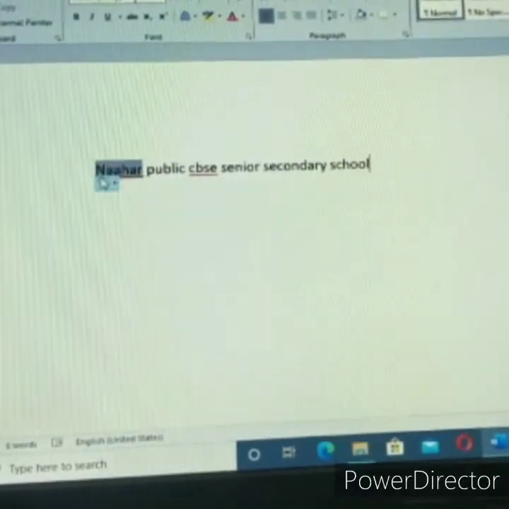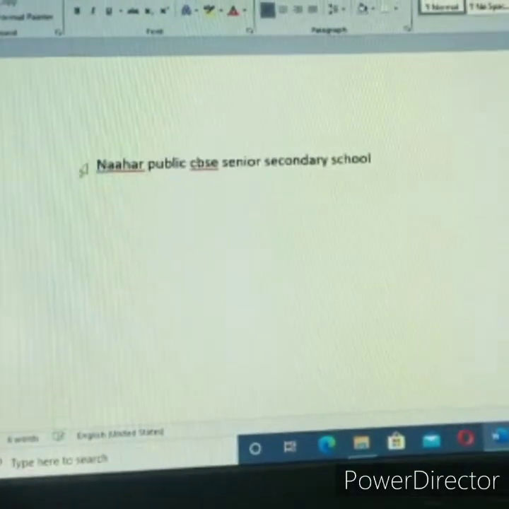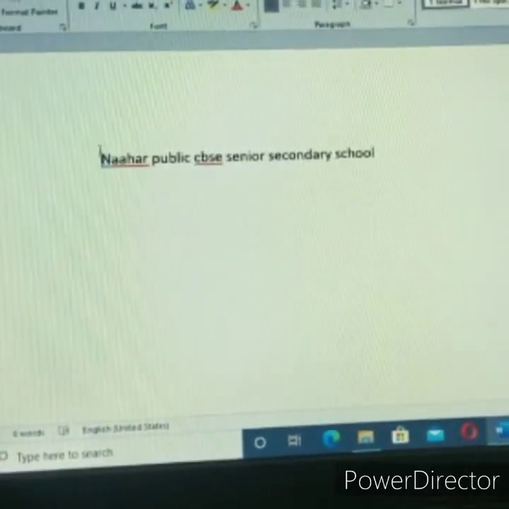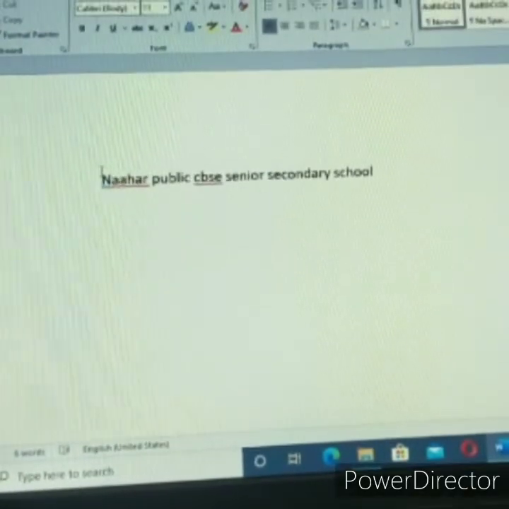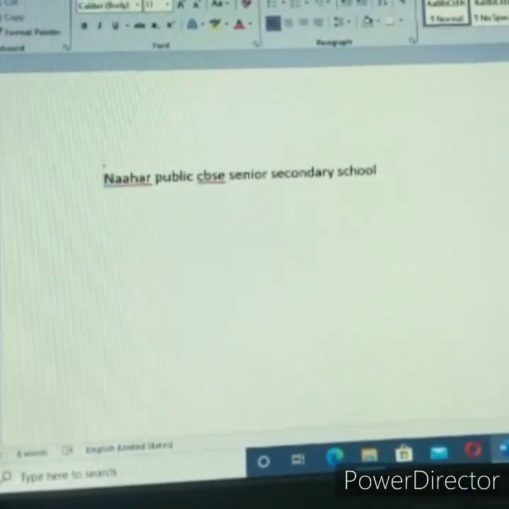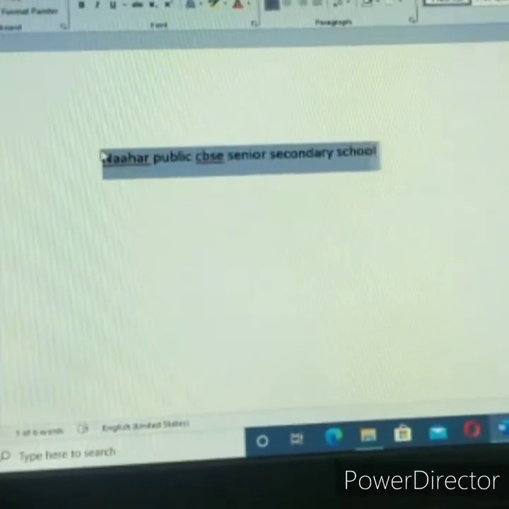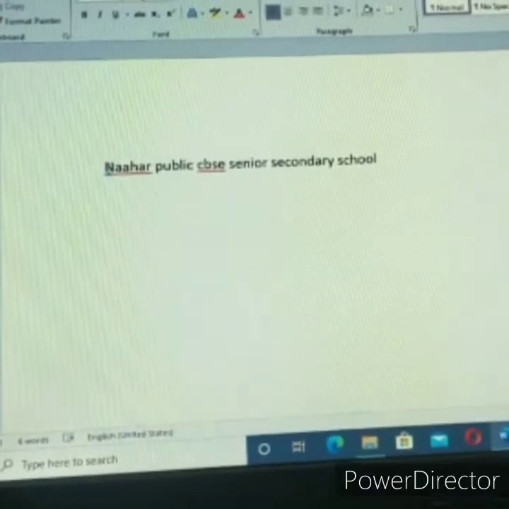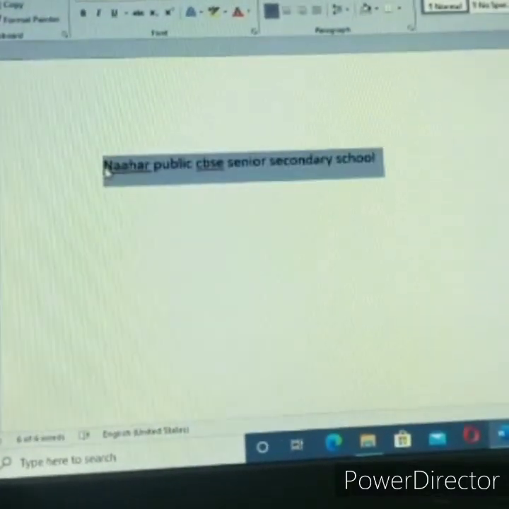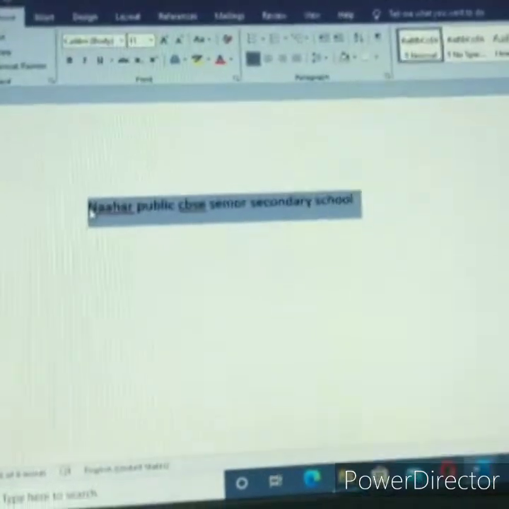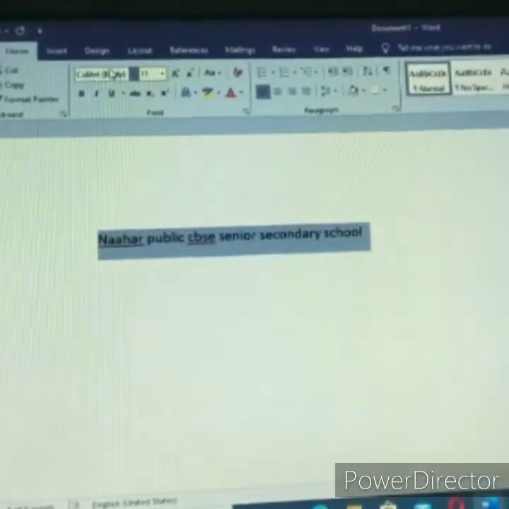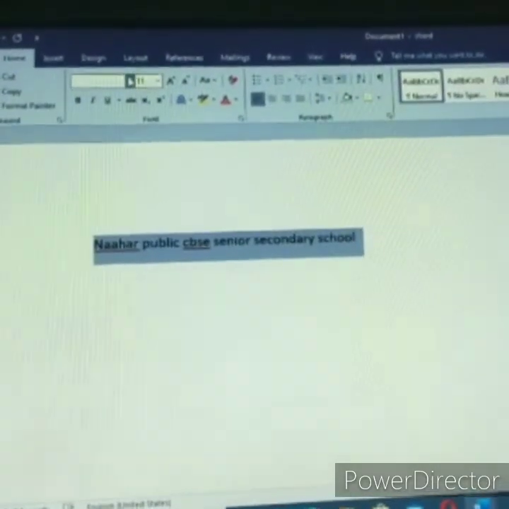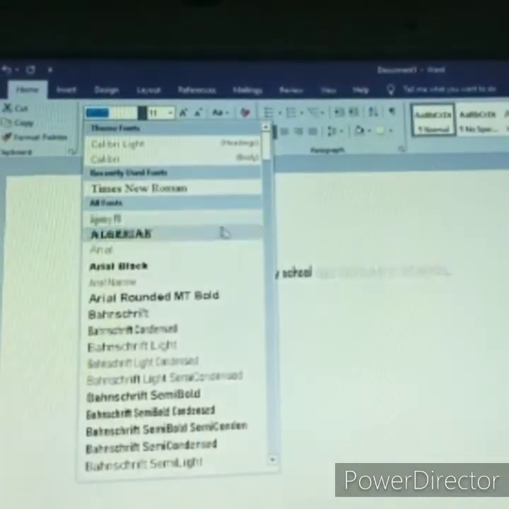If I want to make the document attractive, first you need some text, right? Here I wrote Nahar Public CBSE Senior Secondary School. Now I am going to edit this text to make it very attractive. I select the entire line and I want a different font style.